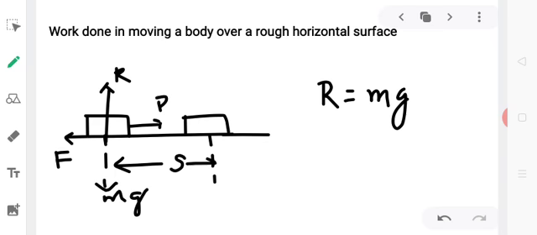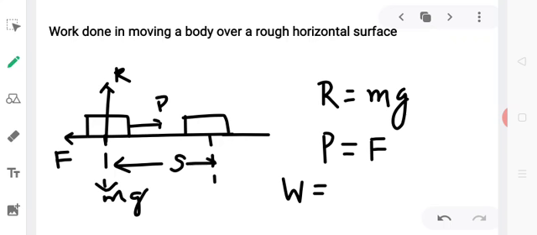To move the body on a level track, we have to apply a force P, which is at least equal to the force of friction F. That is, P is equal to F. Under the action of the applied force, suppose the body moves through a distance S. So as work done is equal to force into distance, or force multiplied by displacement,